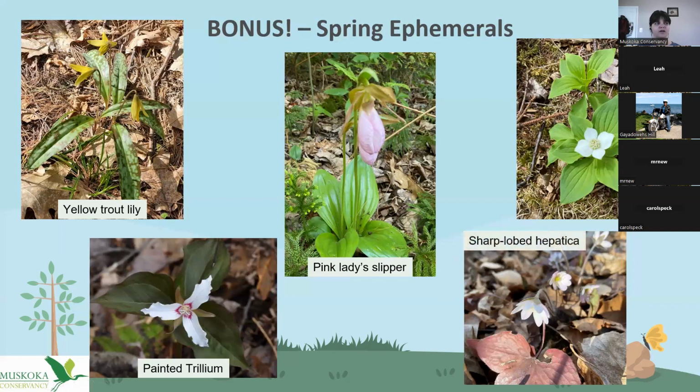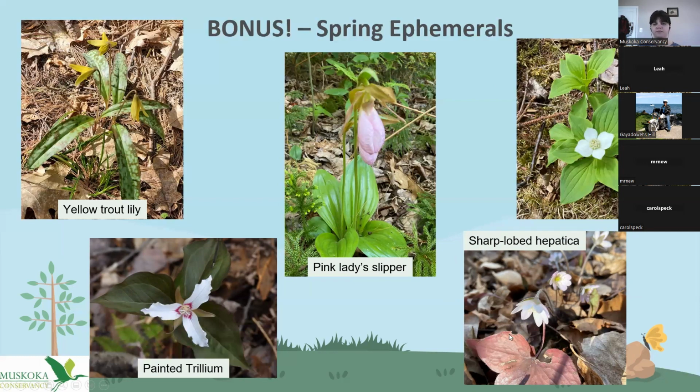Next in the bottom there is our sharp-lobed hepatica. So this is quite an early bloomer in our woodlands, and it's got these leaves with 3 lobes, and they are sharp, so that's how it gets its name. And it's usually got a pinkish, purplish, whitish flower that sprouts from it. And its leaves will actually start out green, but as it gets older, it turns to this burgundy